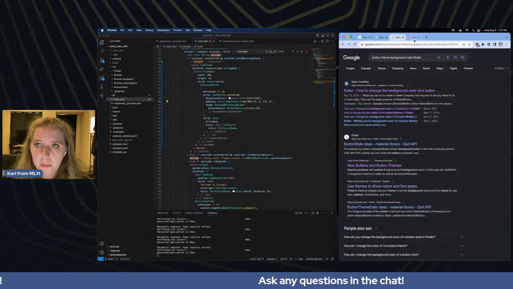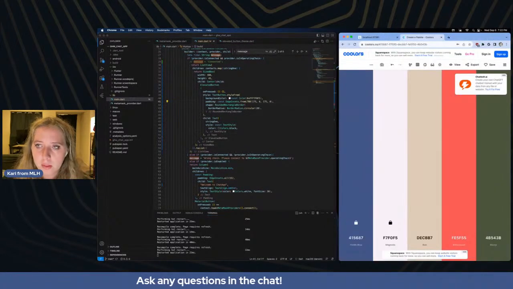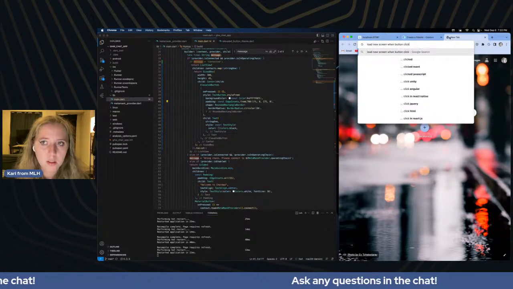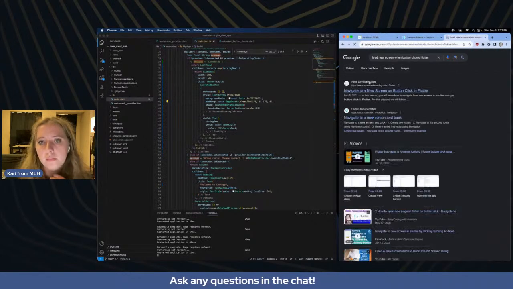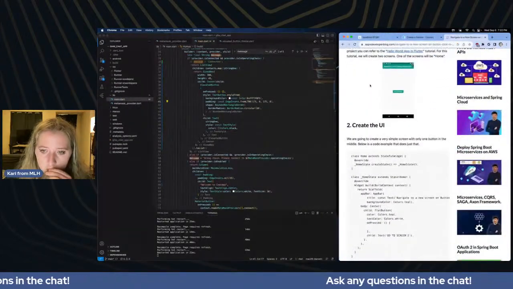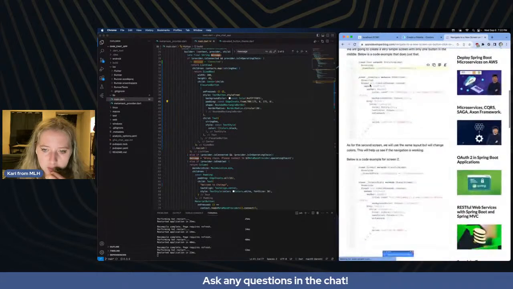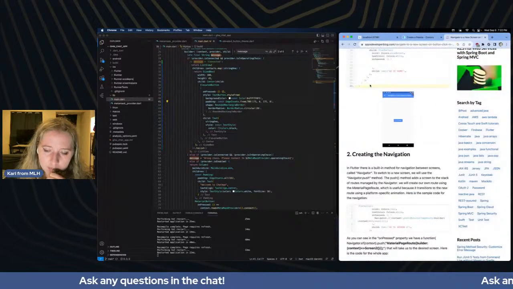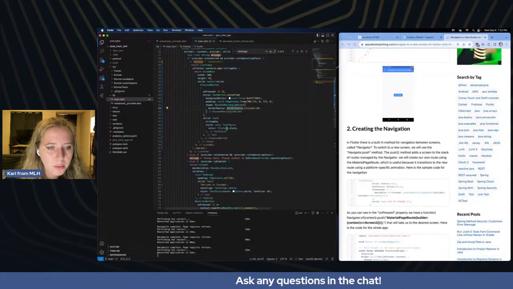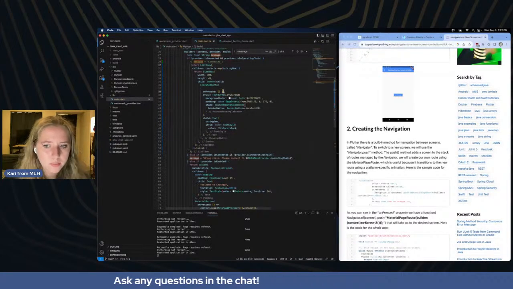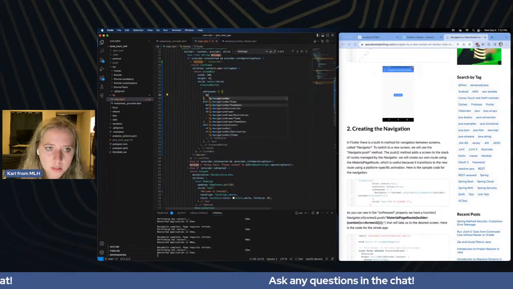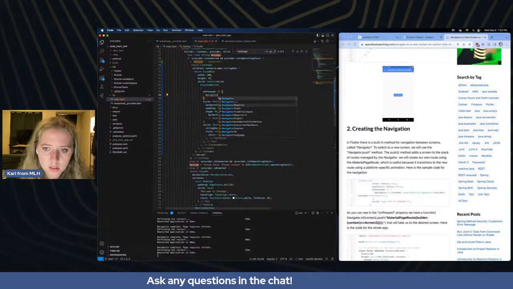Now we need something to happen when we click on the buttons. So, load new screen when button clicked Flutter. You'll learn how to navigate from one screen to the other. Perfect. Yes. On pressed. Yep. Called Navigator. Awesome. That's exactly what I want. So on pressed, I want the Navigator dot of,